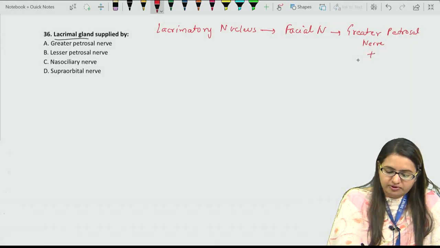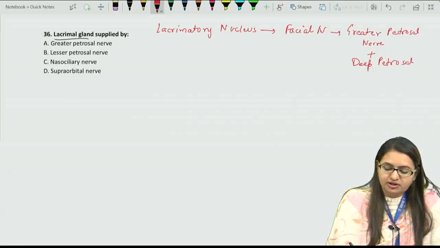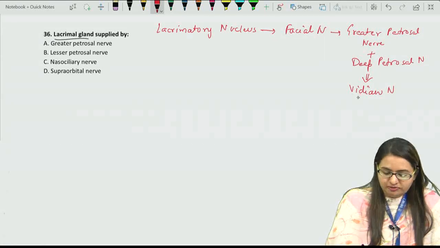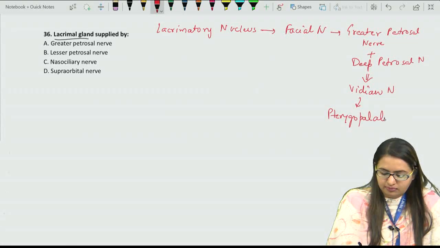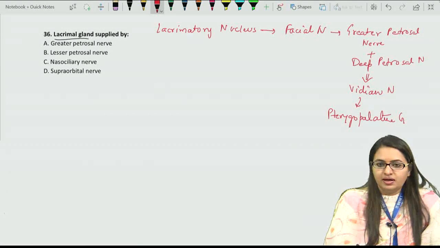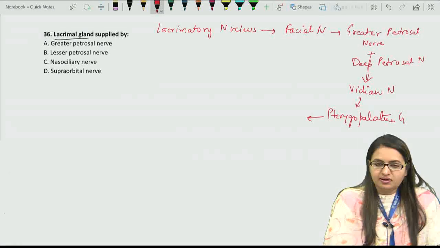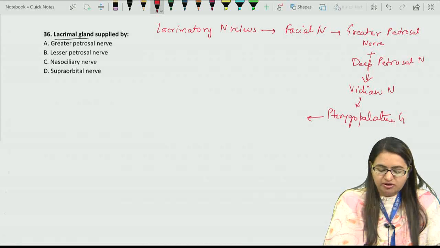This greater petrosal nerve unites with the deep petrosal nerve and forms the nerve to pterygoid canal. This nerve passes towards the pterygopalatine ganglion, and from the pterygopalatine ganglion, the nerve fibers relay, and the postganglionic fibers which arise from here